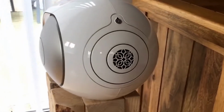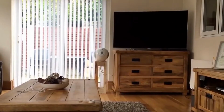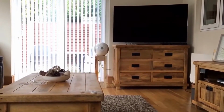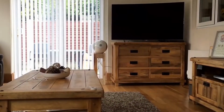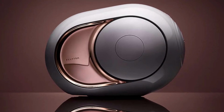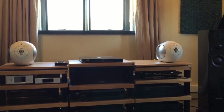starts at 3,000 watts to pump up the volume to 105 decibels. But it's not just about shaking the walls. This speaker just sounds great by all reports. The $2,390 Silver Phantom is just the beginning. The Gold Phantom is $2,990 and shoots up to 4,500 watts. There's also the Silver Stereo System for